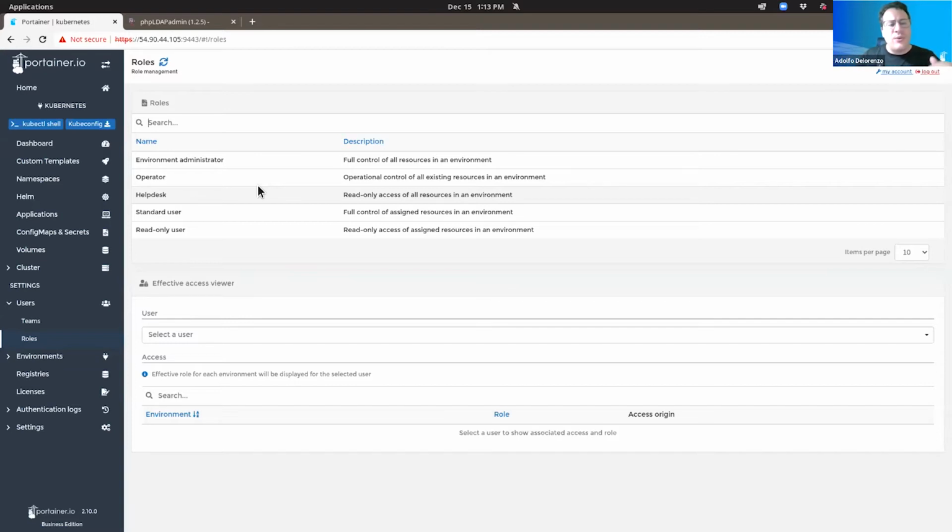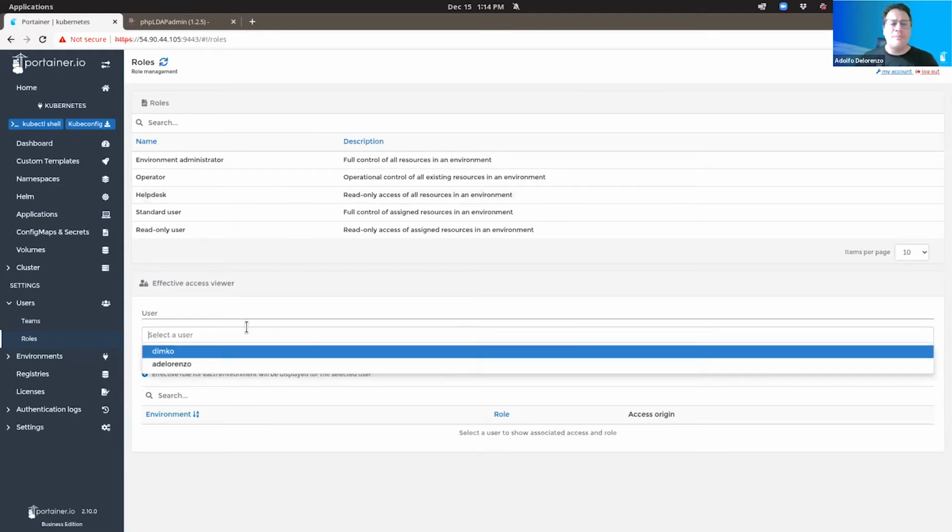And then we have standard and read-only user. A standard user doesn't have all the capabilities of management of the orchestrator, meaning management of Docker Swarm or Kubernetes, but can definitely use Portainer to manage containers and do all the container management that he's assigned to in terms of resources. And the read-only user is the same thing as a standard user, but with the same concept of the help desk role: the ability to see everything that the standard user does, but he cannot do anything, right? And here, when I say effective access viewer, this is something that I mentioned